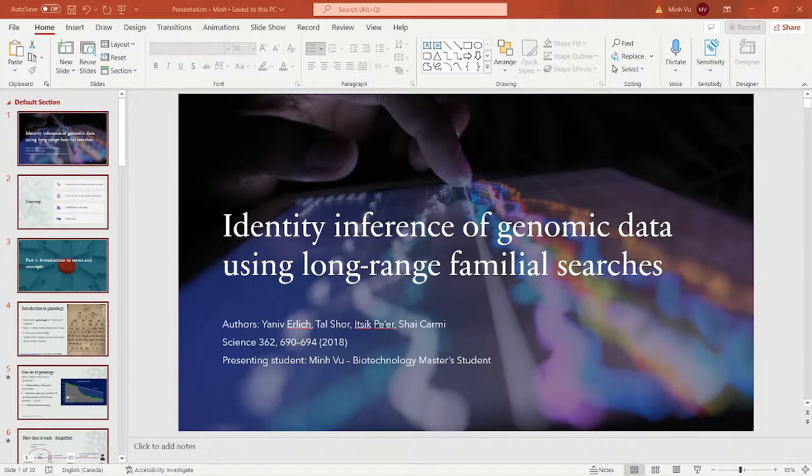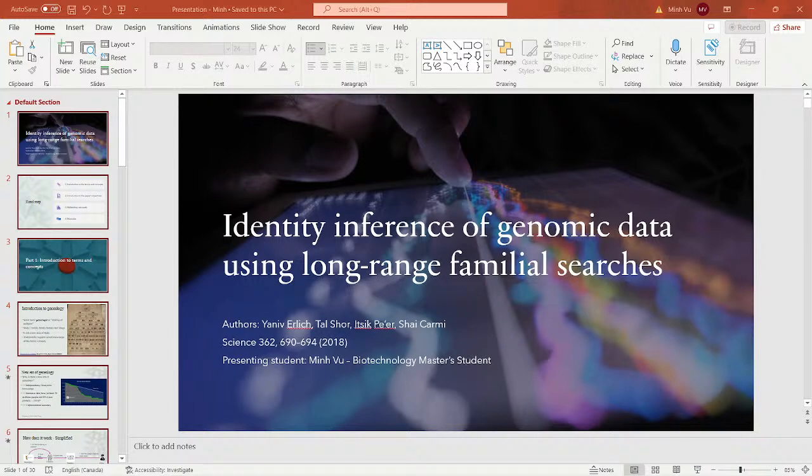So now that you've got all of those markers, you have a heat map. How do you analyze it? How do you find any kind of familiarity with other people? We first have to understand a few concepts. One is IBS and IBD. Second is centimorgans. And the third one would be a third cousin twice removed, or the complication of a family tree. To be honest with you guys, I'm not a native speaker, so this third problem was for me the most difficult. But we'll get to that.